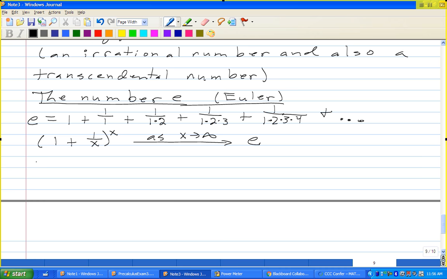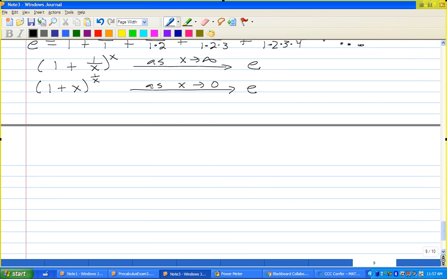Similarly, if I take 1, add to it a number, and then raise it to the power 1 over x, then it approaches this number e as x gets very small. We can also think of it as, well,